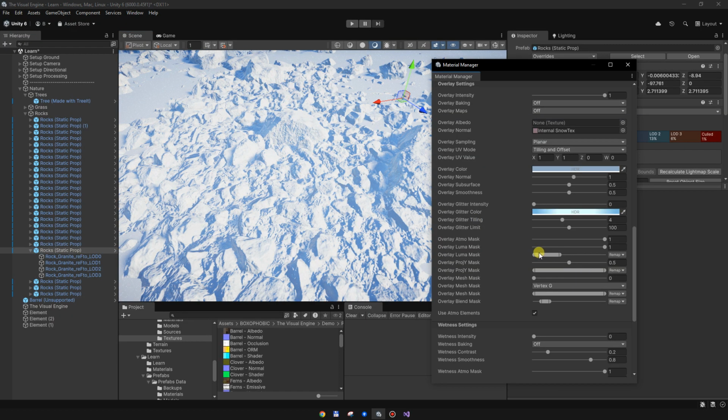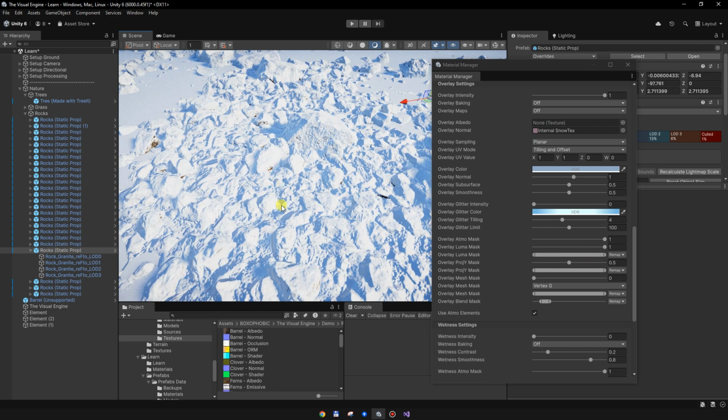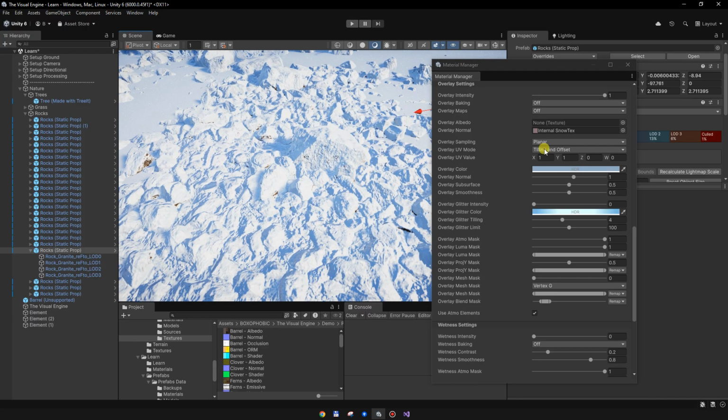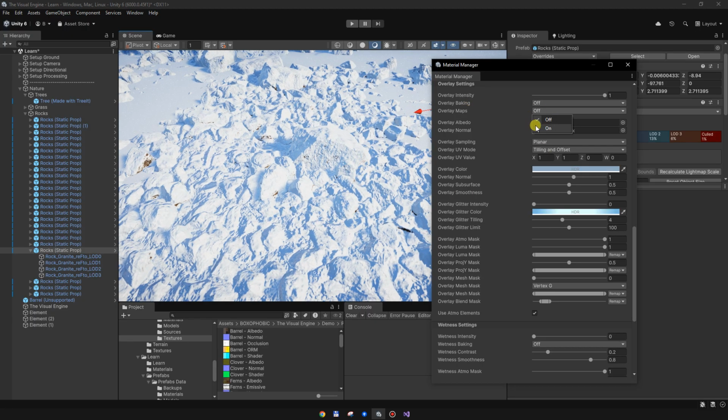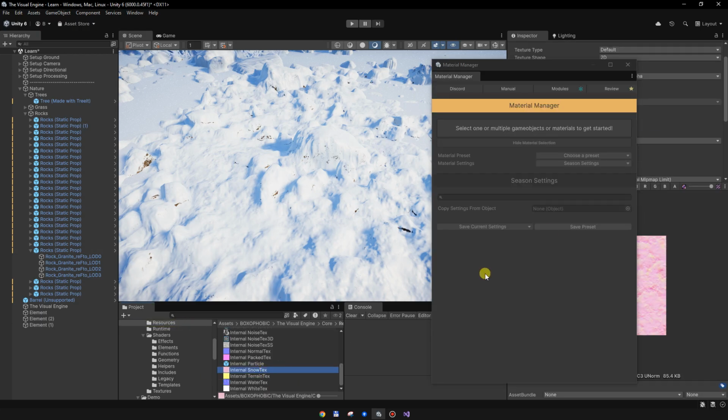Or maybe I want to add some snow textures to the rocks. So I will enable this masks effect, and now we can set an albedo and a normal map. And I have this normal map over here,